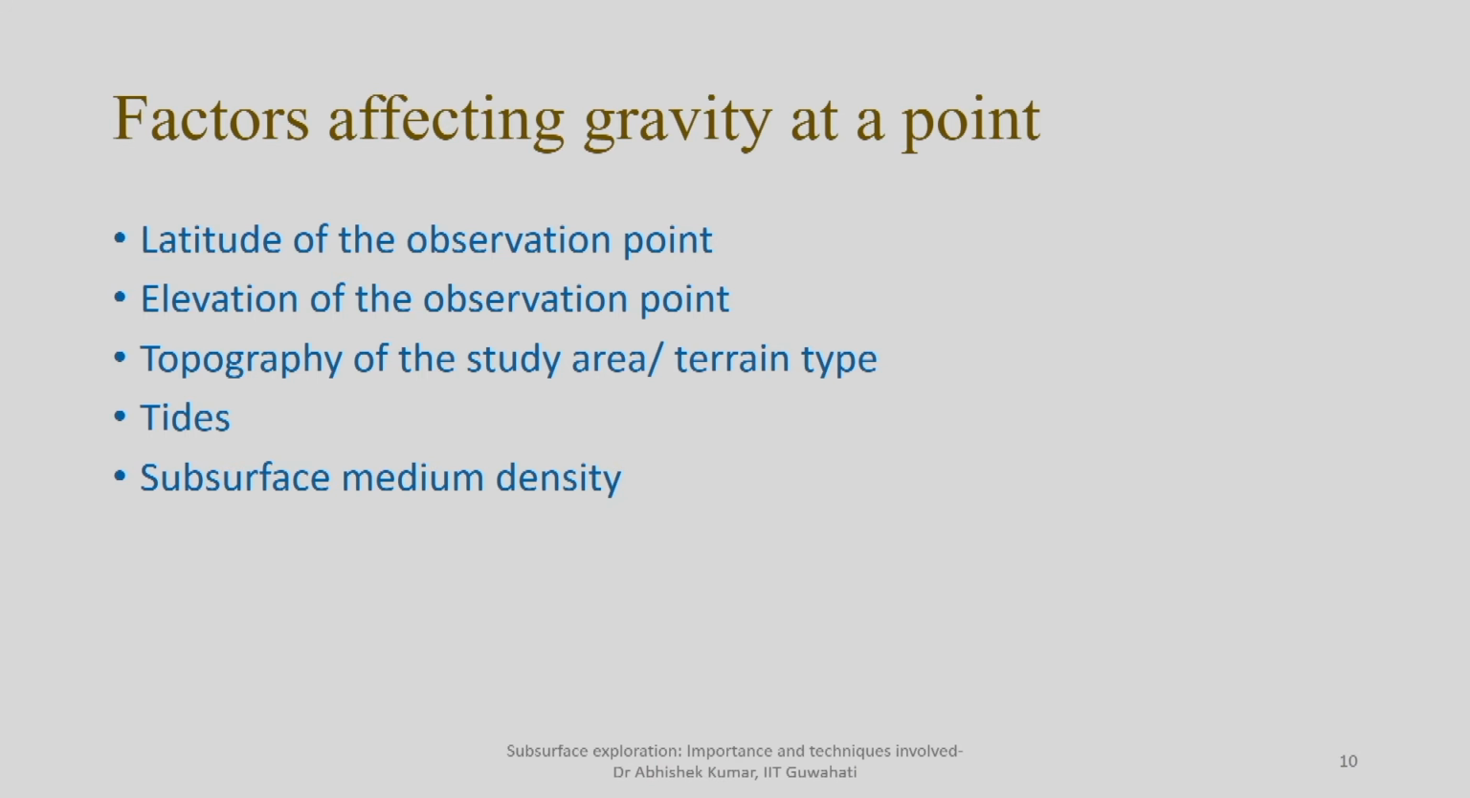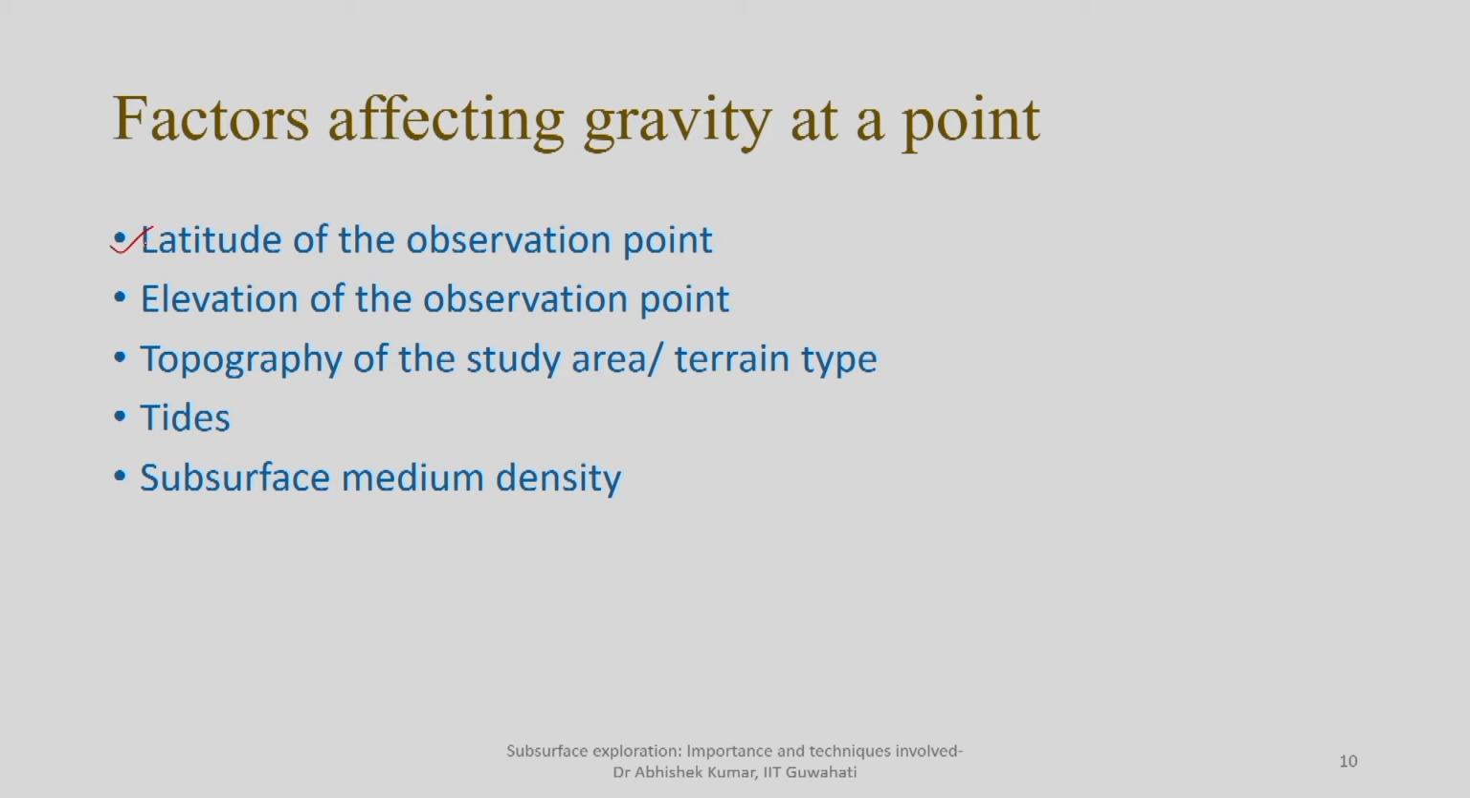Now, we have been discussing how the gravity value at a particular site of interest is not constant. That means it is going to change by means of different factors. Some of those factors are listed here. The latitude of the observation point. Even if the subsurface medium remains constant, the value of gravity you are measuring at the pole and at the equator will be different, and in the same way in between those two locations, because with respect to the latitude your gravitational pull is going to change,